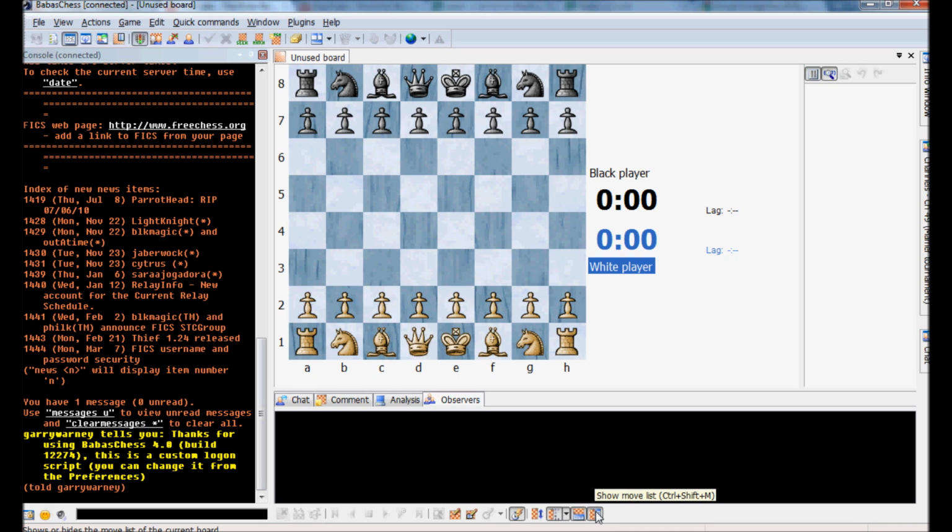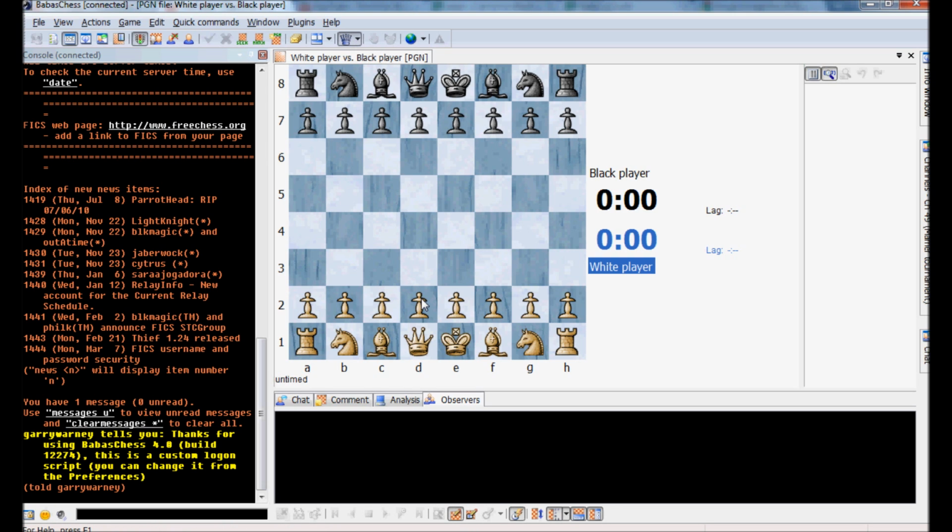And these are buttons for turning off the windows. So we've got the move list, pops up here when we're playing a game. Show the console, this here, that's like the main thing in Fix. Where you can use this to do any function, but it's much friendlier to use the great program we have here in BabasChess. You can flip the board, you can turn on or off auto flag, you can edit the game properties for PGN,